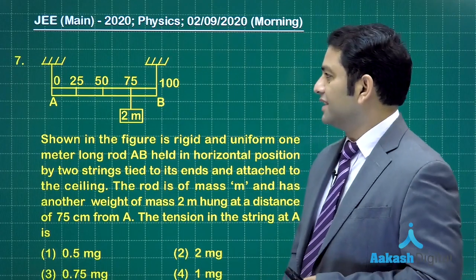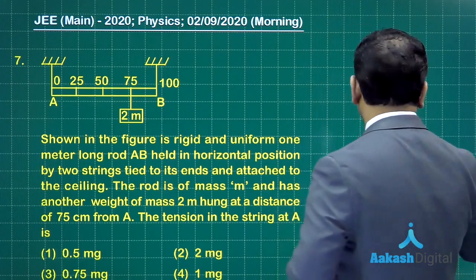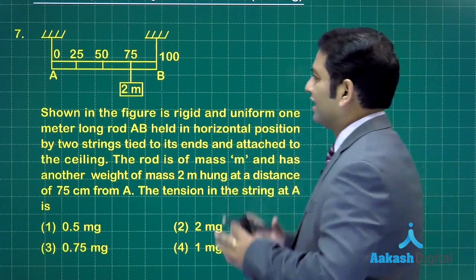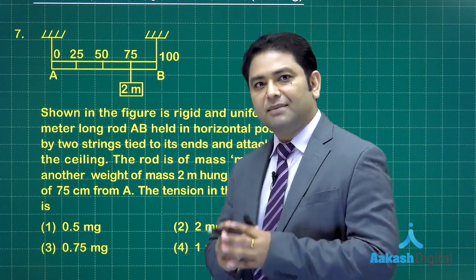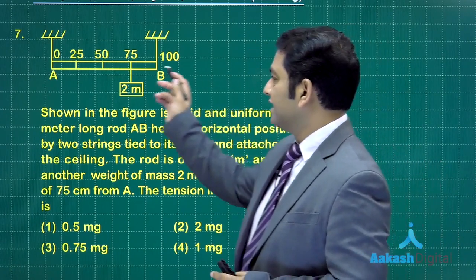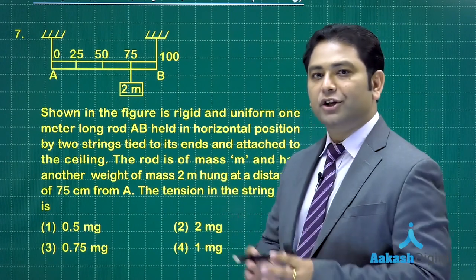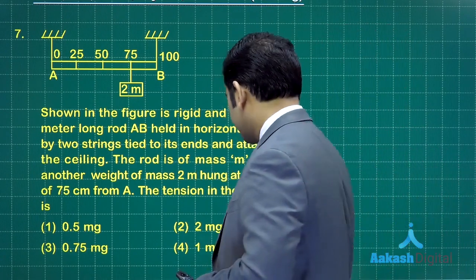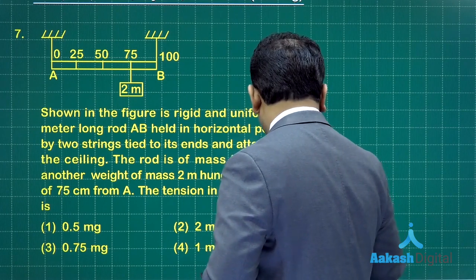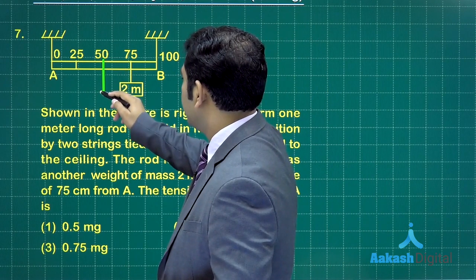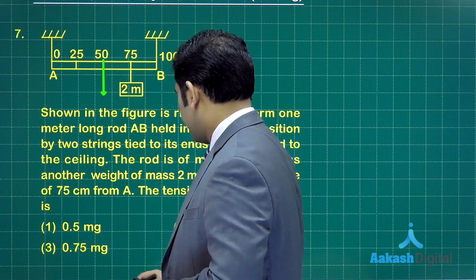And question number 7 is something like this. You could say it's been brought from rotational motion, but not a very in-depth one, a straightforward question related to equilibrium. Now you can see there is a meter rod and that is uniform. If you go through the question, if it is uniform, that means the weight of the rod would certainly act at the center of mass, right? So here is that given case.